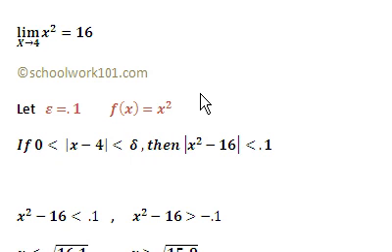Okay, well, we're jumping right into the formal definition of the limit, which was stated in the previous video. So what I've done here is I've filled the theorem out. This was x minus c, if you can remember, and this was f of x minus L. And of course, you see I'm getting that from up here. This is our c, and this is our L, which is 16, and of course our function is x